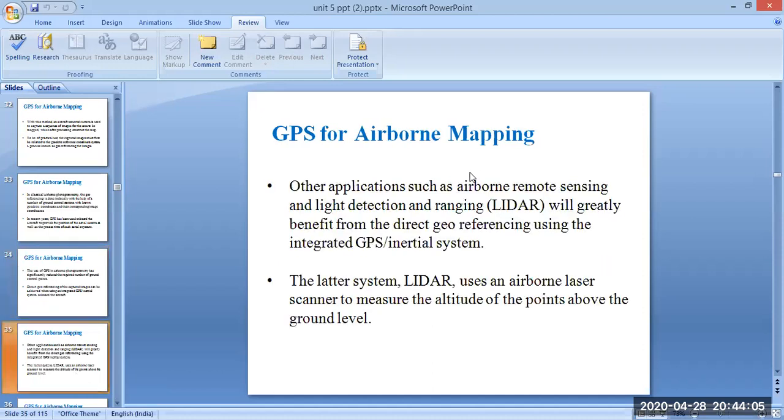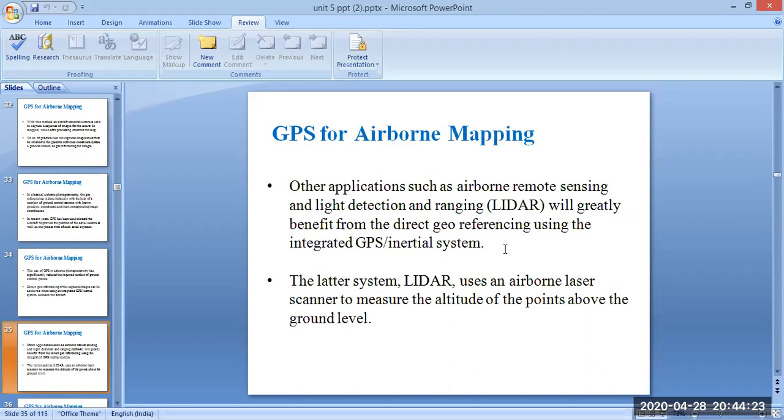Next. Other applications such as airborne remote sensing and light detection and ranging, that is LIDAR, will greatly benefit from direct georeferencing using the integrated GPS INS system.